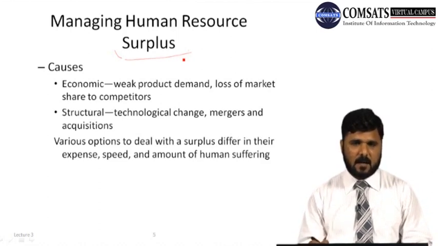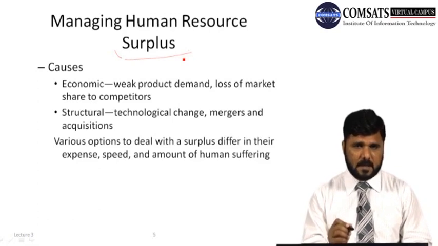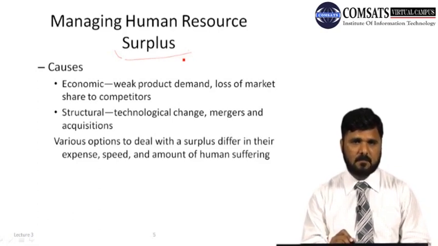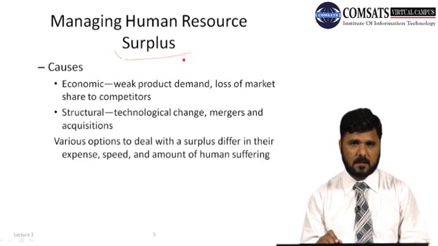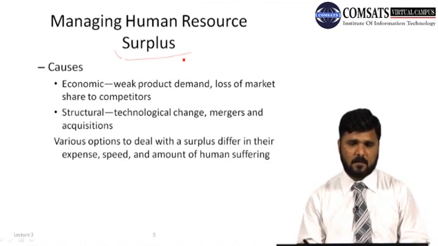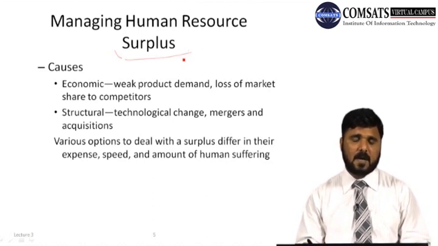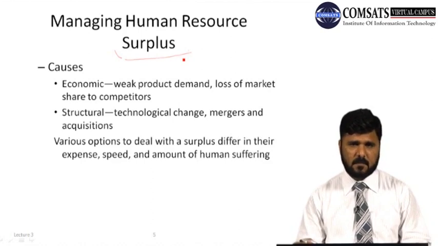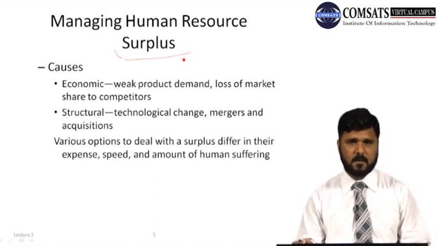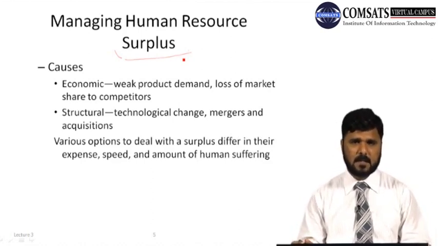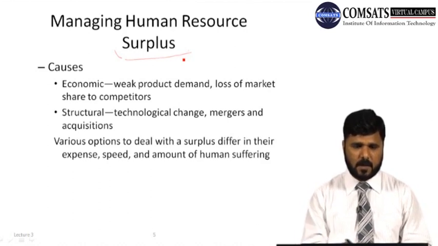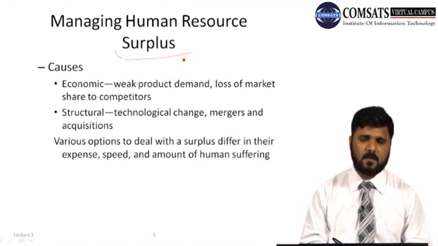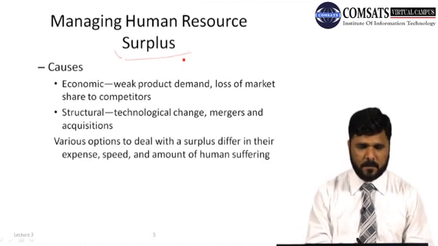There may be certain governmental reasons. Like in our country we have experienced the nationalization of certain corporations or certain industries. Then in the 70s, the 90s and the early 2000s we have seen the privatization of certain firms. It may be privatization of banks, of cement firms, of sugar mills; like this we have seen all of these. So here we are to discuss what the causes for this human resource surplus are.